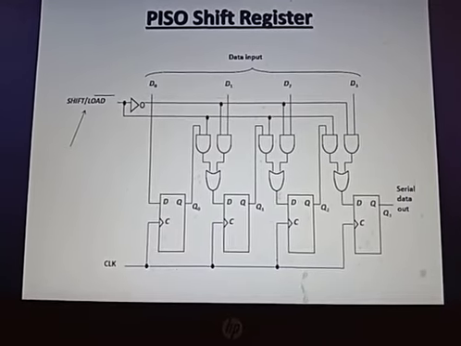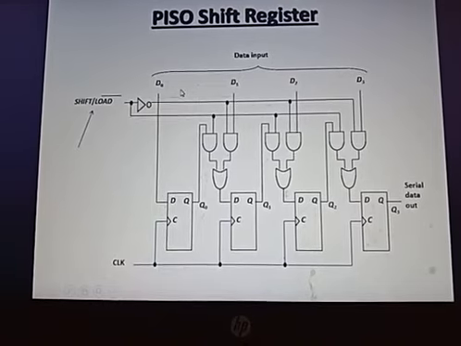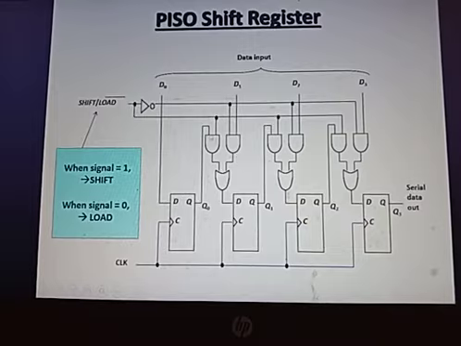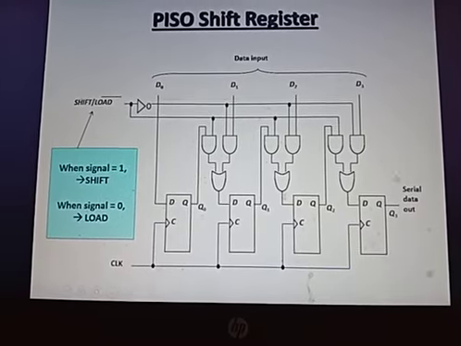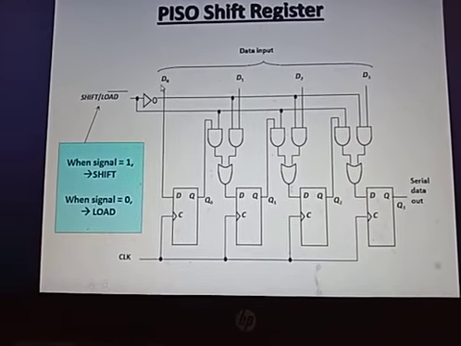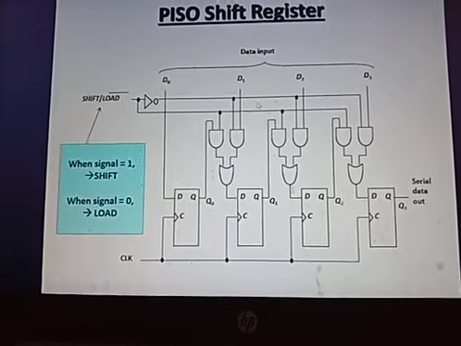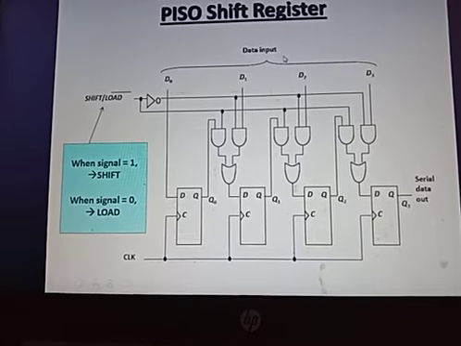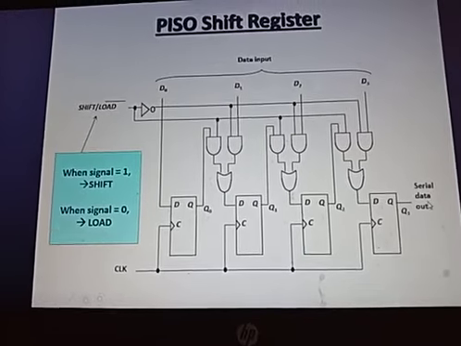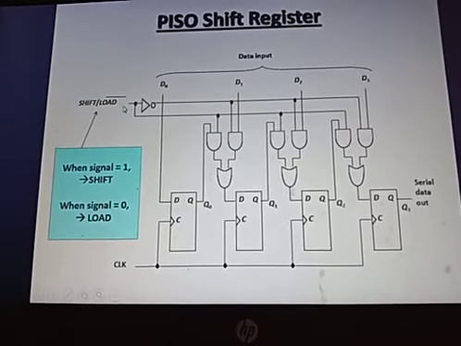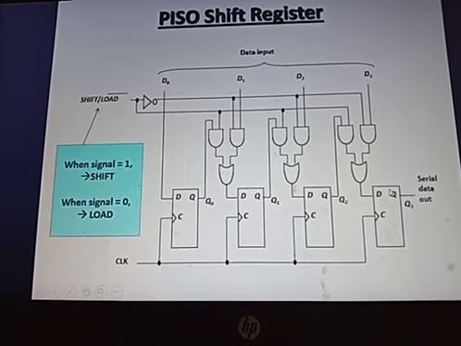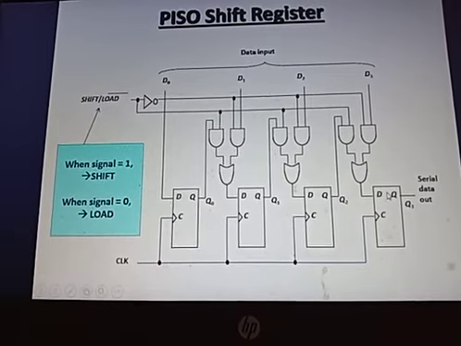This circuit is nothing but an extra circuit, a mux circuit, which is shown in detail here. I am giving you this as an assignment because I want you to check how it works by giving the values 1 and 0 here. The assignment for you is to give some values for d0, d1, d2, d3. Say for example, you give the values 1, 0, 0 and 1, and you use 1 as the signal here and check what is happening. And then when you give 0, check what is happening here. That is an assignment for you to understand by yourself. I'm just giving you a lead to proceed.